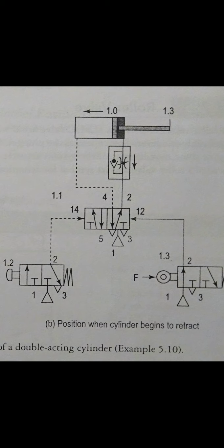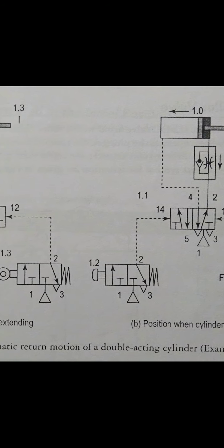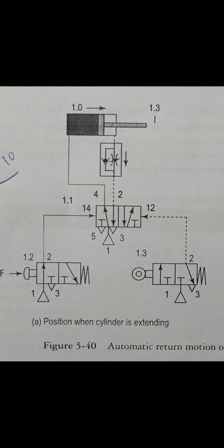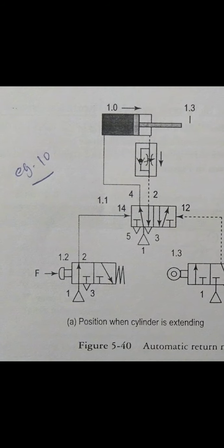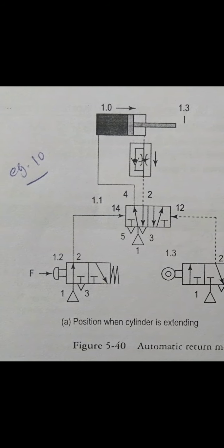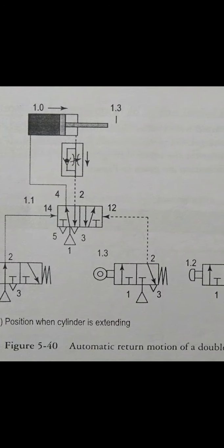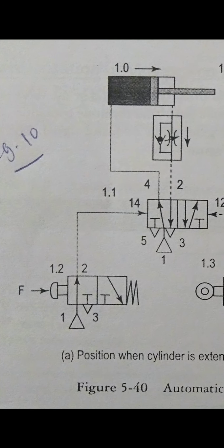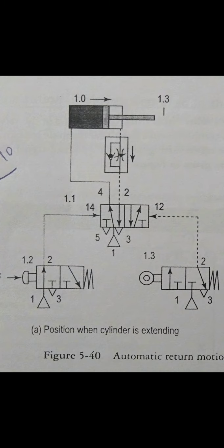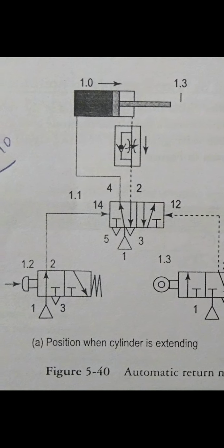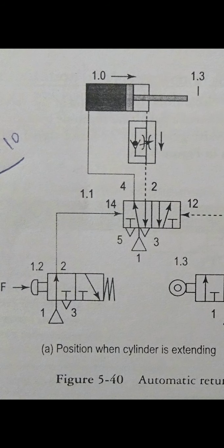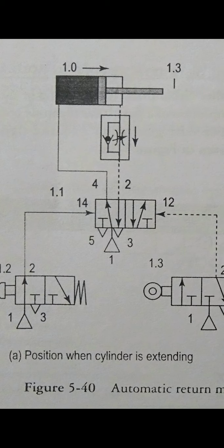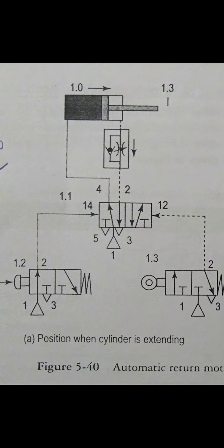When we are talking about the automatic return motion, we should use a roller valve as shown in the figure, right? There are two 3x2 DC valves. One is a push button 3x2 DC valve and the other one is a roller type of valve. In a 3x2 DC valve, 1 is connected to 2, and 2 is connected to 14, which is a pilot port. 1 is connected to 4, and from here the piston gets thrust towards the right, and exhaust happens through port 2 to 3. So this is how it works.